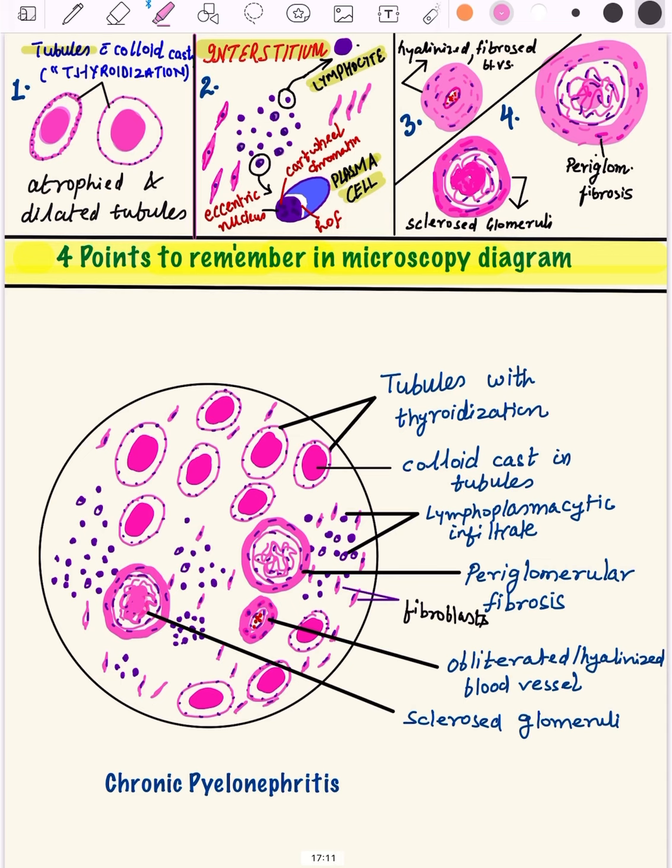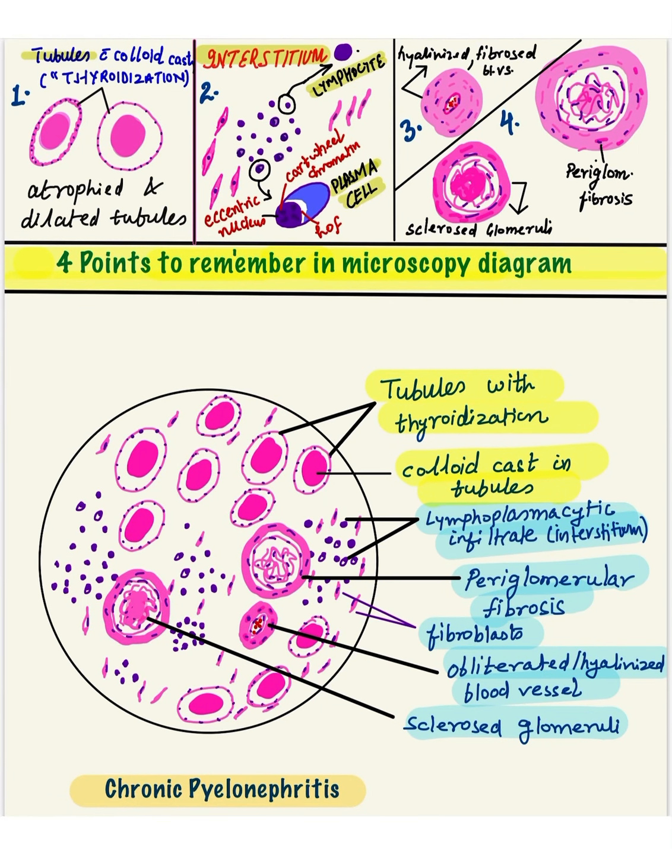So this is how you make the diagram of chronic pyelonephritis, and see, this is the completed diagram. These yellow highlighted points belong to the tubular changes, and the rest, the blue ones, are the changes in the interstitium. So I hope this video will help you draw the diagram of chronic pyelonephritis